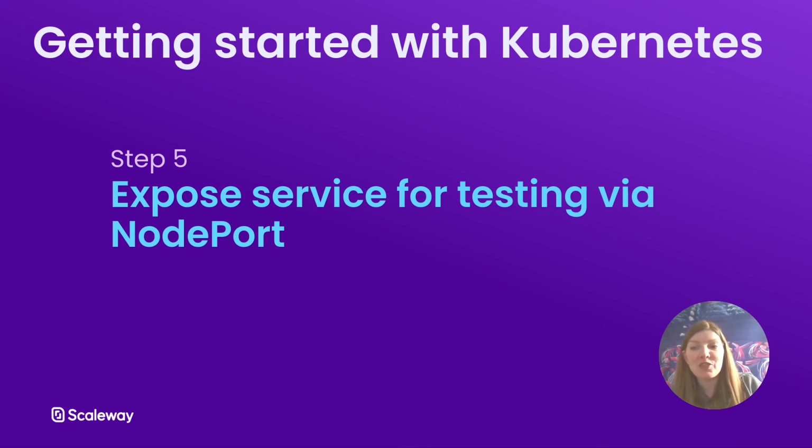But as a little extra, I'm just going to do a few more steps to expose the port that the application is running on so that we can actually go to the endpoint of the cluster's external IP and see that the application is doing what it's made to do, which is to print out its container ID via an HTTP service. So to achieve this, we're going to expose the whoami application using a node port. Node port is a Kubernetes service which opens a port on every node of your cluster, and any traffic the cluster receives on this port is forwarded. So let's go to the command line.